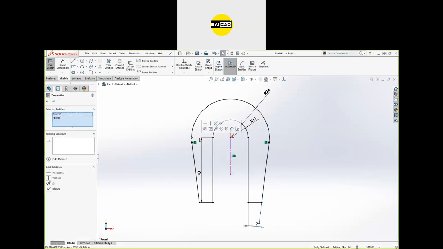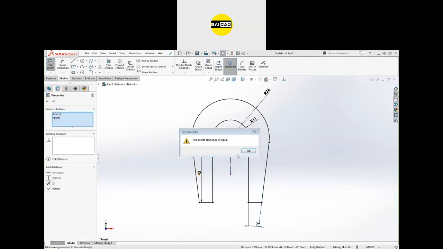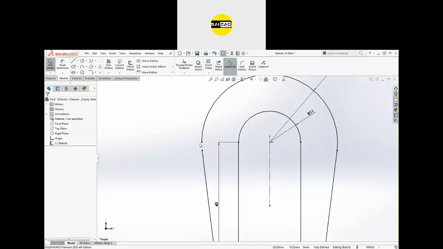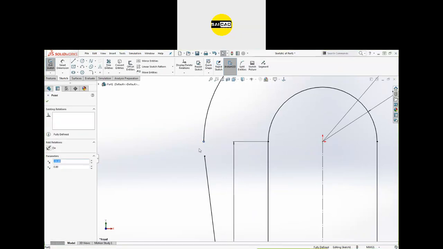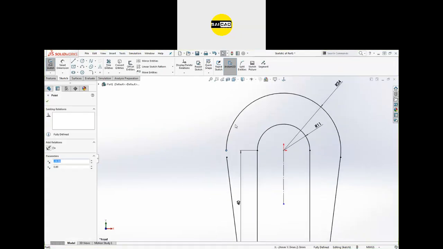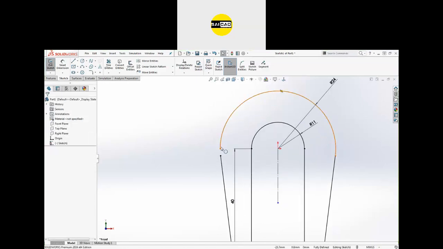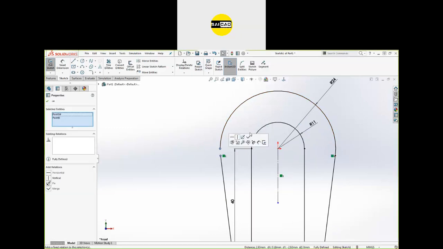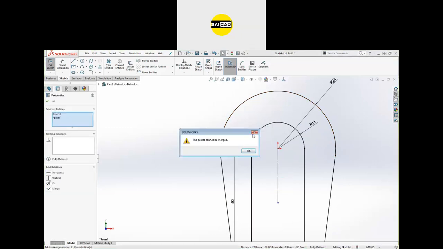Now select both the points and use the merge entity and not merge. It is due to the mirror command line is at exact point. We need to move this line, this point. So if you select the object, you can see some relation. Okay. If we face any problem, we can just delete it or we can just use the merge point and not the merge.